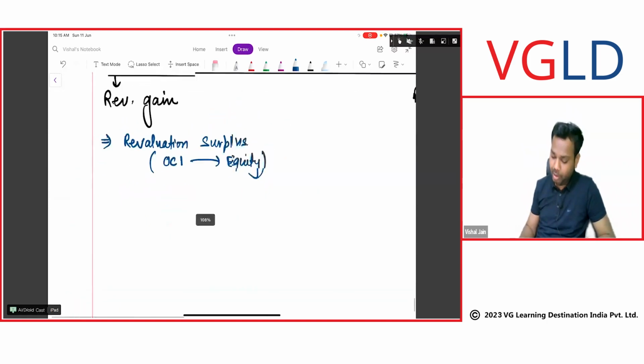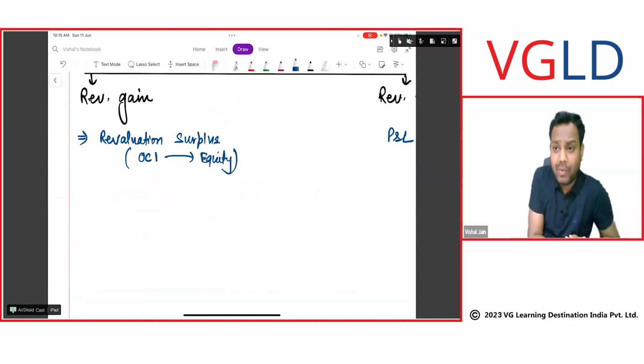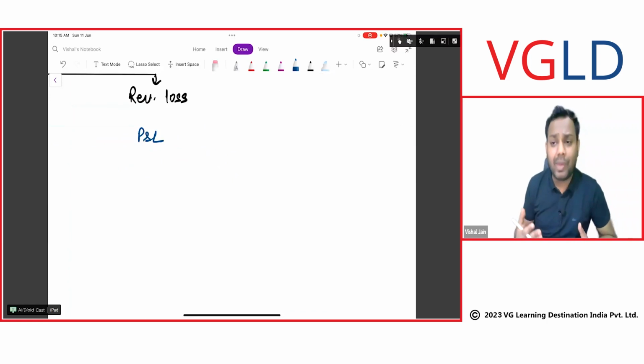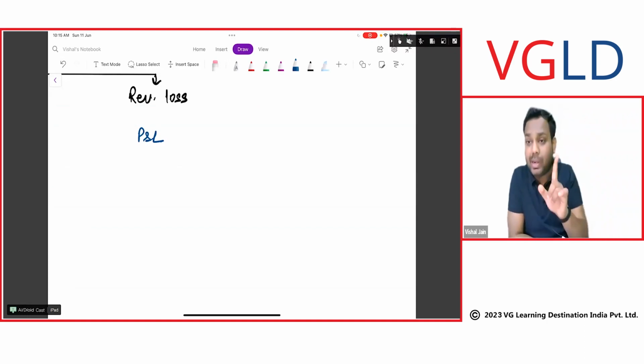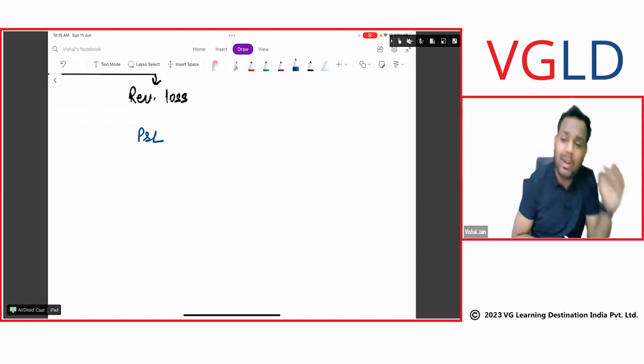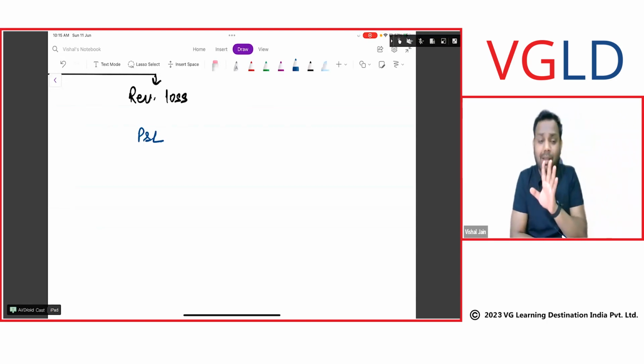Now, will we revalue only once in the lifetime? No, right? You are saying that we have to adjust with reserve. But reserve is not there. We are revaluing for the first time and it is a loss, so there is no reserve. You might say that there is a reserve for other assets. We cannot do that. Revaluation loss for one asset can be adjusted with the revaluation gain of the same asset, not the other assets.